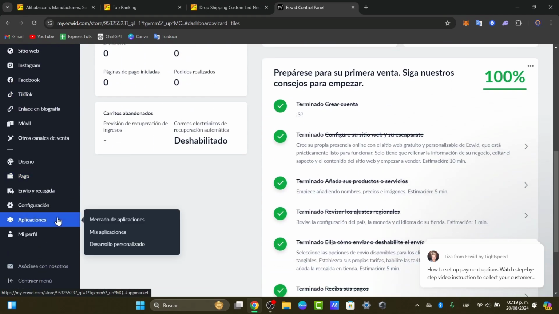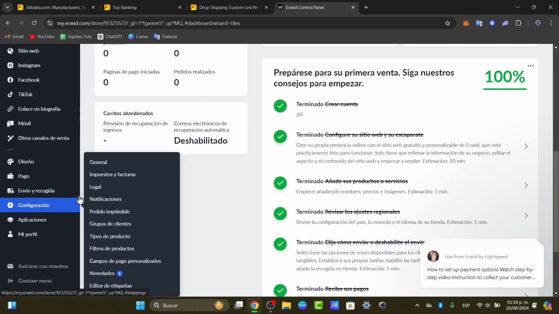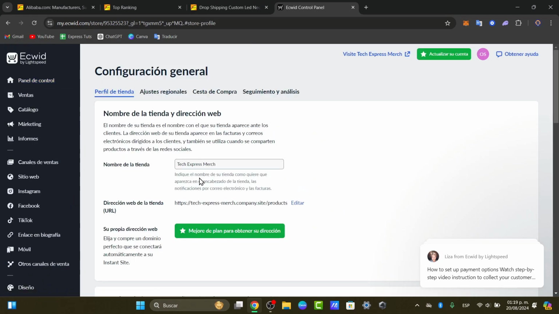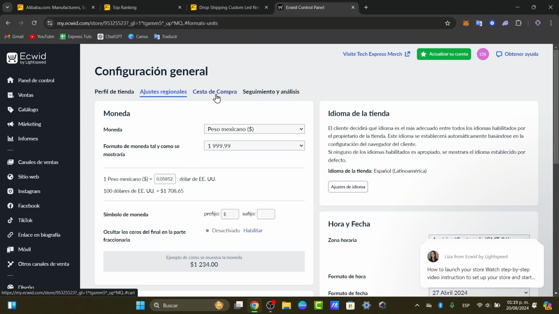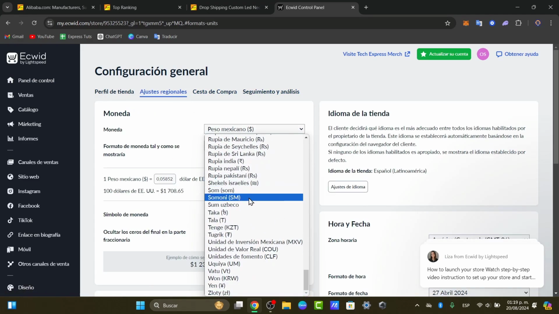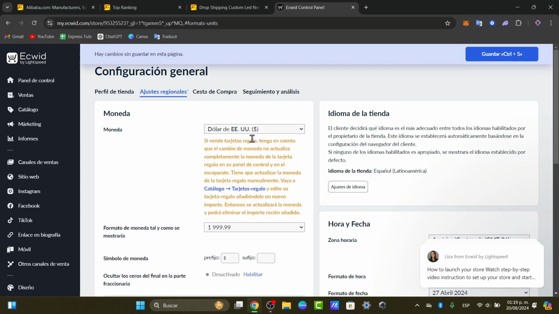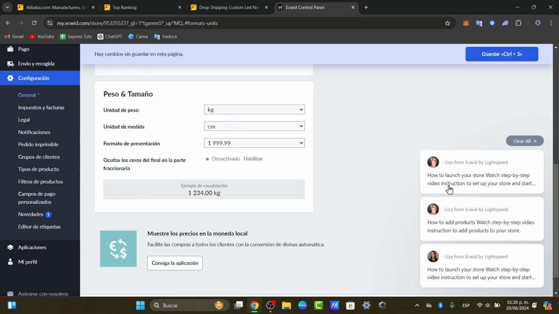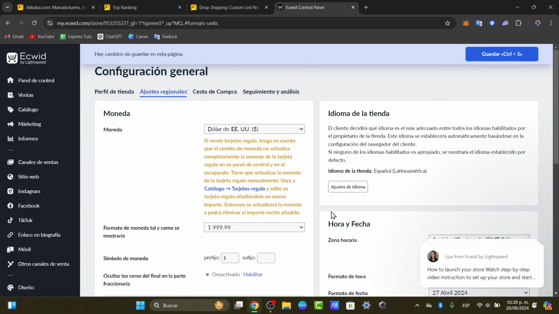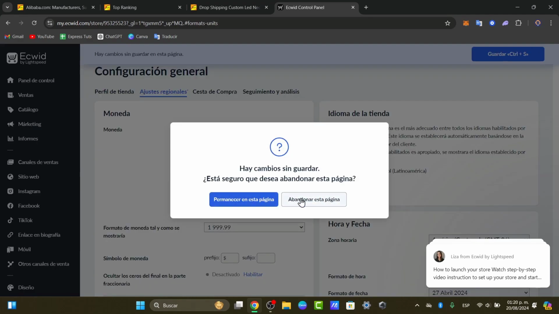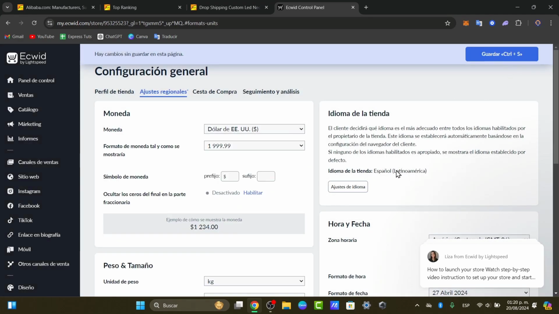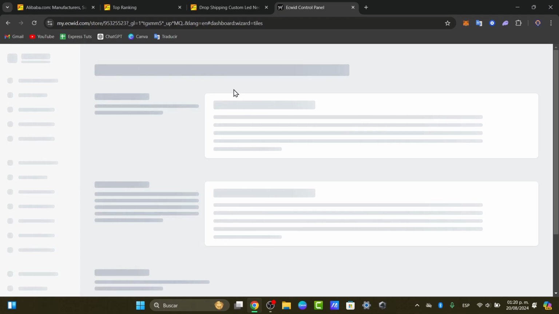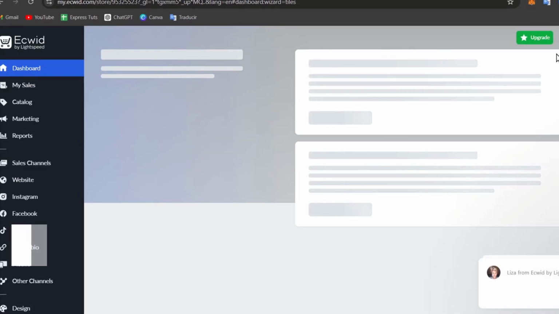So everything should be focused on the configuration and the general settings. Now, usually what we do is focus on the currency, and I go for US dollars. There's a format for how it should look. If you're okay with it, just go to the upper side and click save. In this case, I can go back, save it, and you can see inside the control panel we have